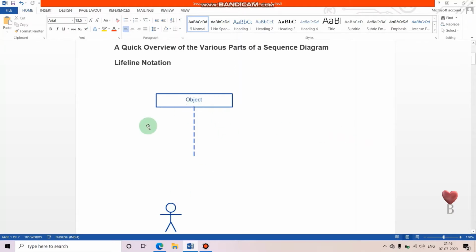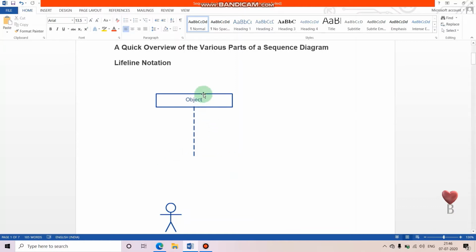So this is the first notation. This is the lifeline notation. A sequence diagram is basically made up of several lifelines. These are the lifeline notations. They should be arranged horizontally across the top of the diagram. No two lifeline notations should overlap with each other.